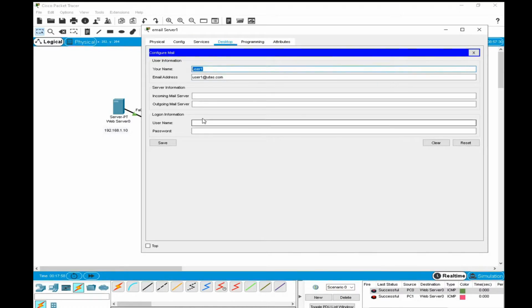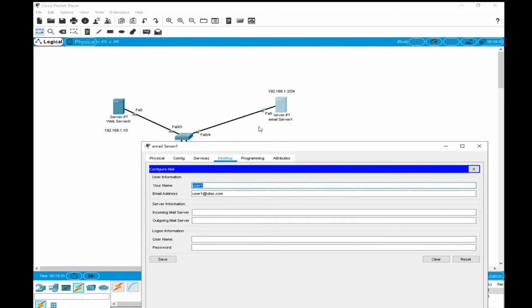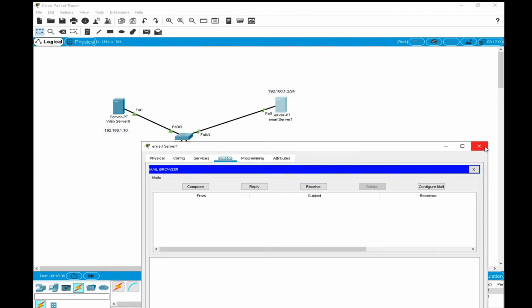This is the username. And incoming server. So this is our incoming server 192.168.1.2. Okay, username, yes, we already configured the username here, if you remember. See, just 1 minute. I think user 1, and password Cisco. Okay, so press save, done. We have configured user 1.